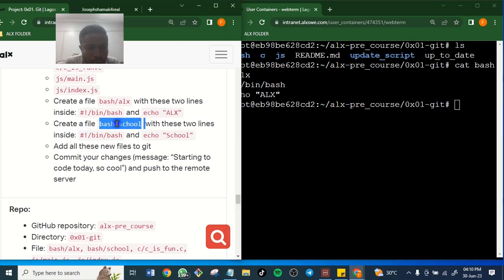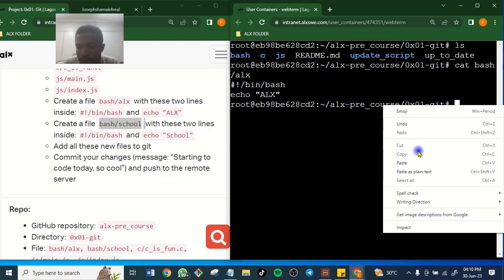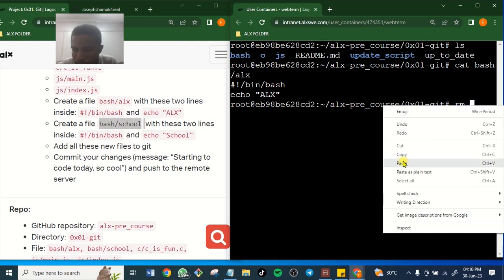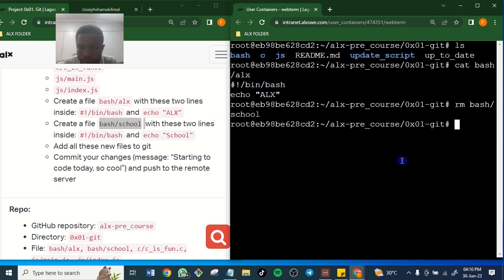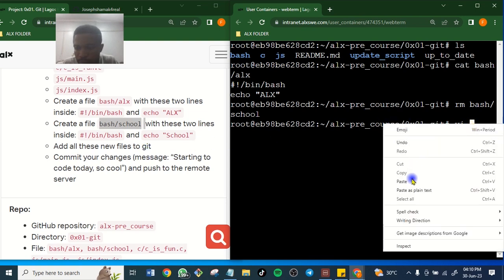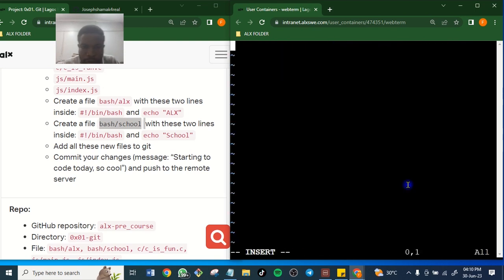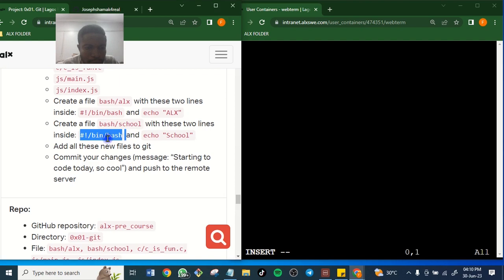I want to restart everything from A to Z. rm, vi. Let me go in. So I should create this and this. Okay, we are already in the insert mode.